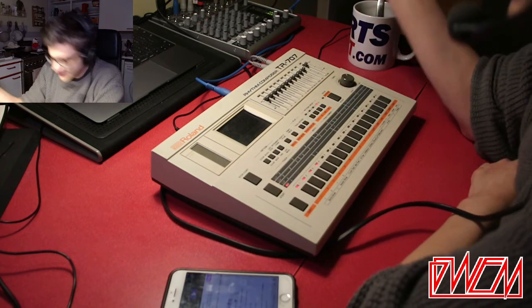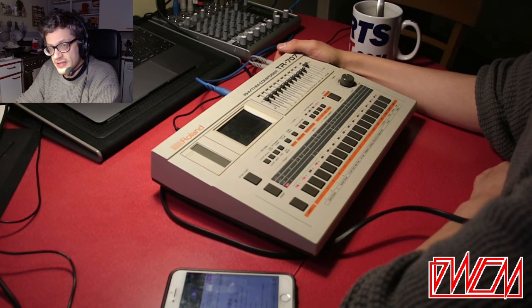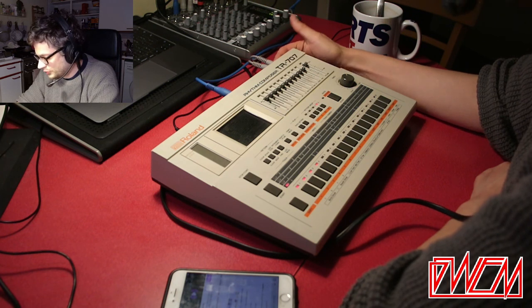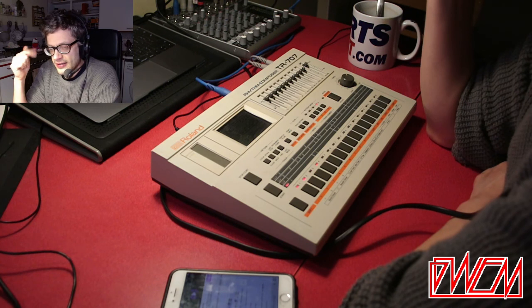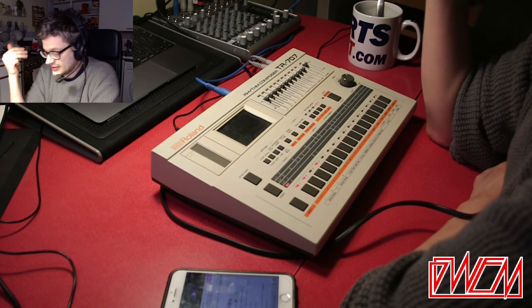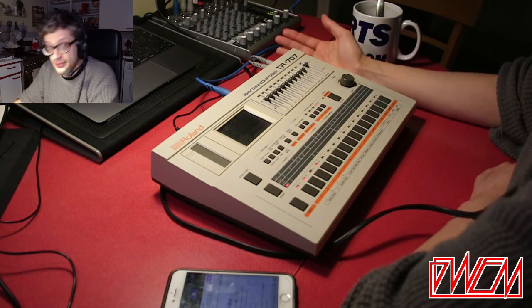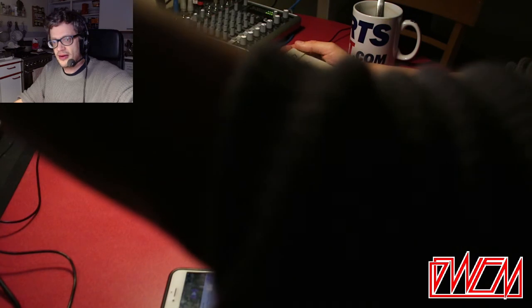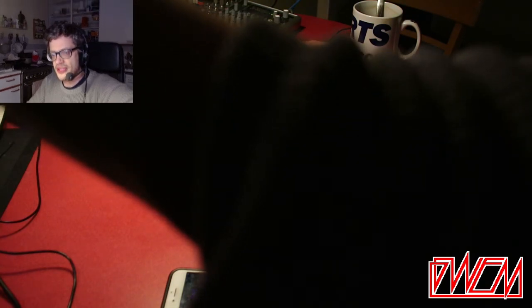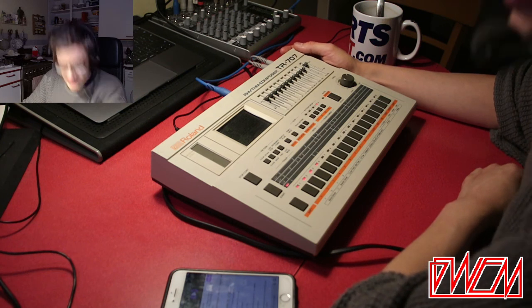So I have picked the Roland TR-707 to deal with tonight. I've been through all the other Roland drum machines. We did the 808, the 505, the 606 and the 909. It's the best till last, basically. My personal favorite drum machine, and I think the greatest drum machine of all time, although that is disputed, and I was just called an